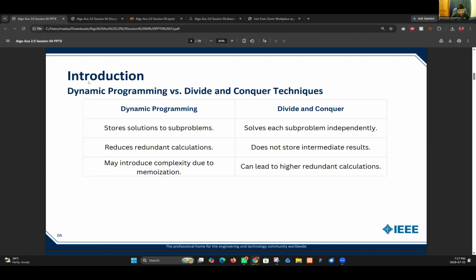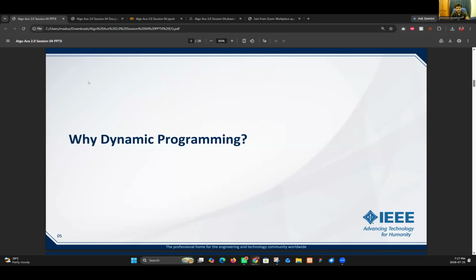Okay, let's move on to the next slide. So we learned about dynamic programming, sort of, and why dynamic programming. Actually, our topic is a very large one, and the topic is inside dynamic programming. As I mentioned before, it is all about space and time.